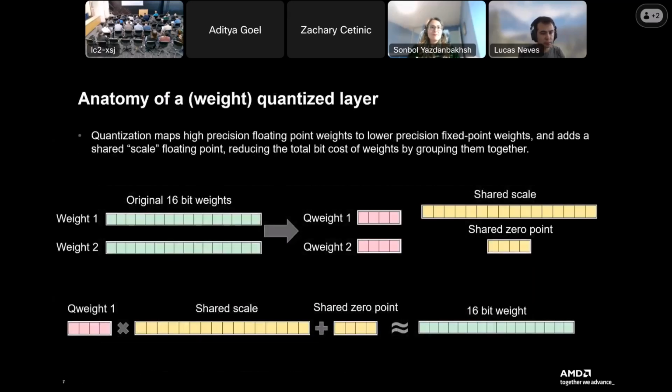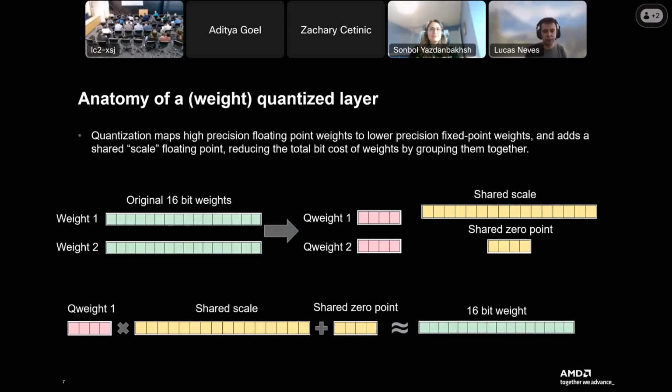I think the Intel talk on Neural Compressor talked a little bit about this, but what goes into weight quantization. Neural Compressor is another tool that can be used through Olive to do these things as well. A lot of what we're talking about applies to other deployment platforms. We're speaking from the Radeon point of view here, but the idea of weight quantization is to group weights together